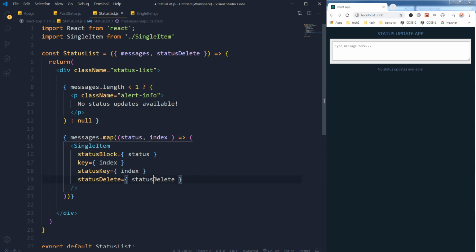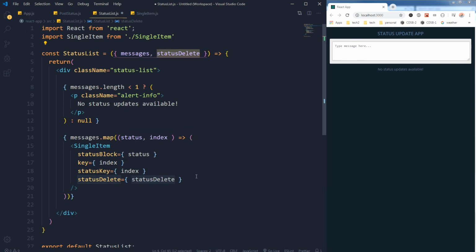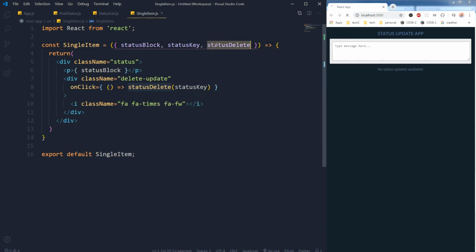Okay, this is pointing towards this one, and this is calling this function without any parameter. So we save it, and then again here, this is status delete,